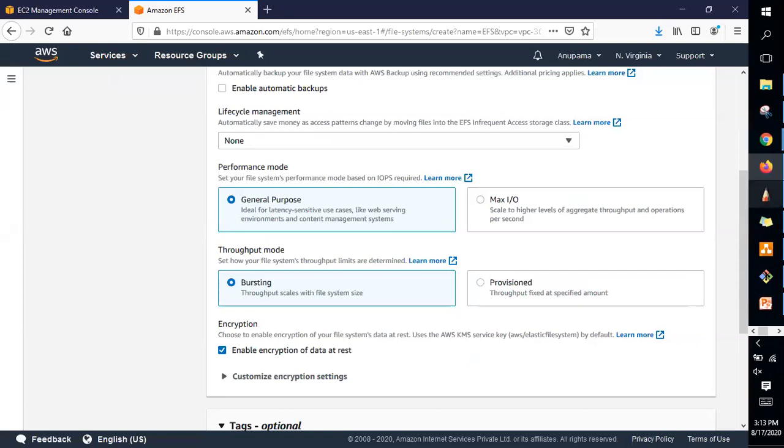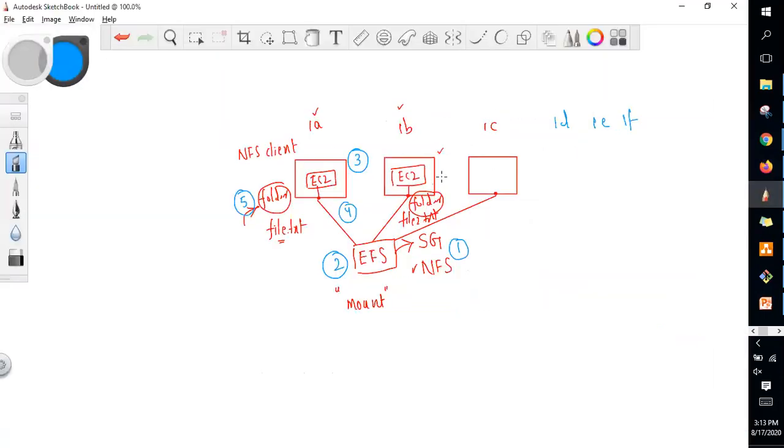What do you mean by input and output? For example, you are requesting something from EFS. You're trying to access a file. It has to open for you and show you. So opening is an input and showing is an output. Like that, you can have multiple instances accessing the same EFS. And you know what? You can share thousands of instances with the same EFS volume.